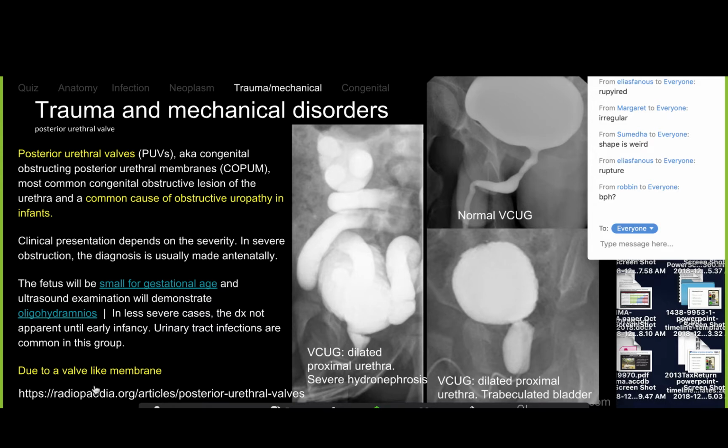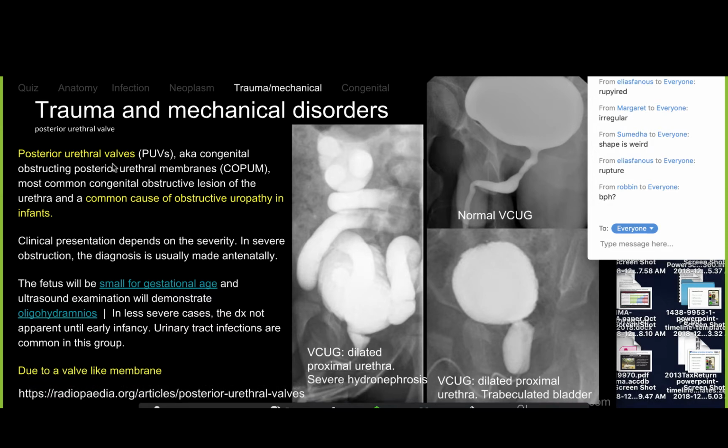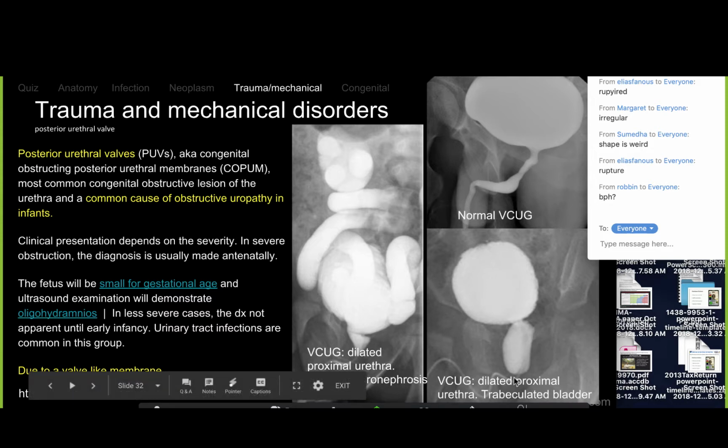Trauma and mechanical disorders. Another cause of a dilated bladder is posterior urethral valve. This is actually a misnomer. It's not a valve; it's a membrane, and the membrane is in the urethra. So here is